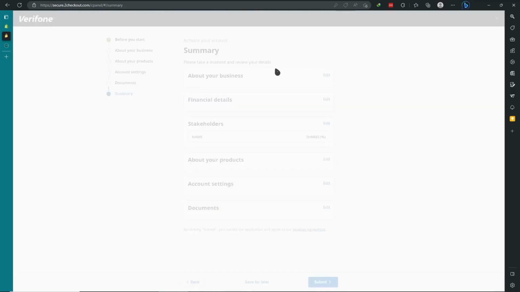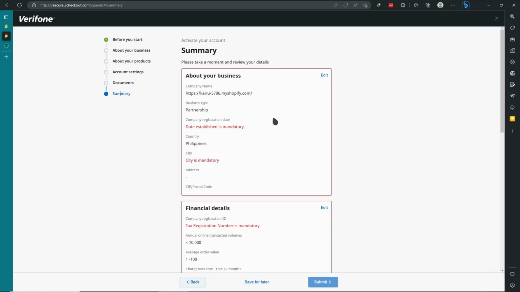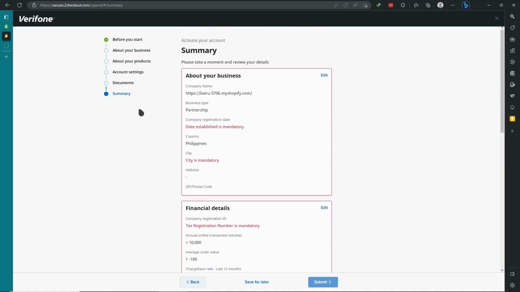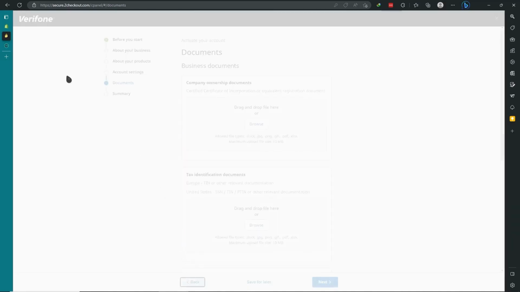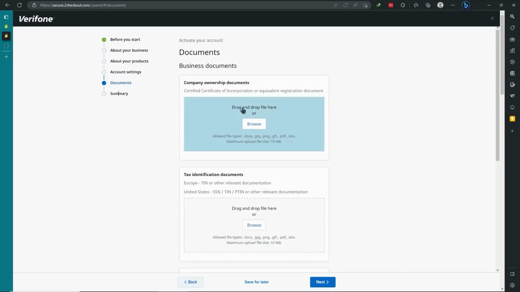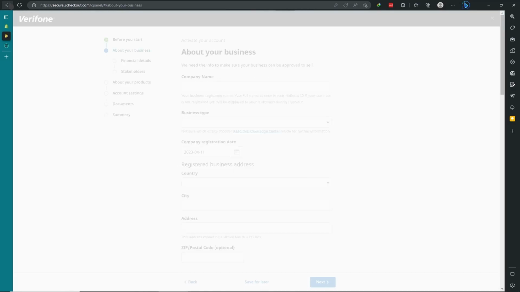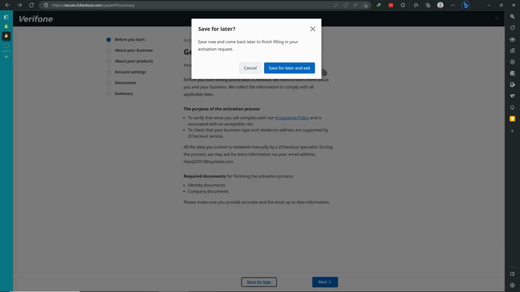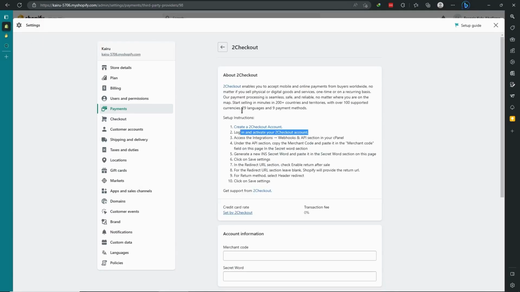Here, and now for the summary. The summary here, these are all the summary of what you have entered here for details. But we're not going to do that for now because this is just a tutorial. But you have to do this so that you can get started. Let's go back, save for later. And then number 3 is after you have activated your account, access then integrations, webhooks, and